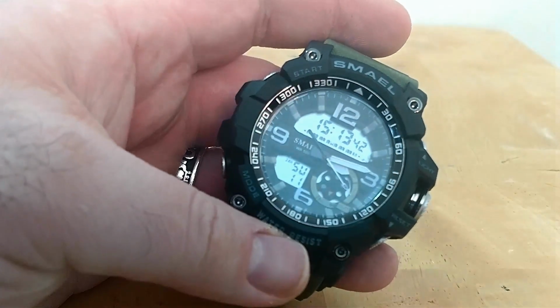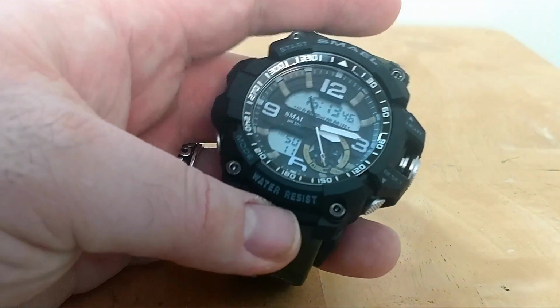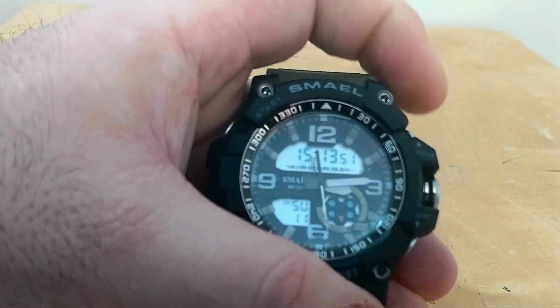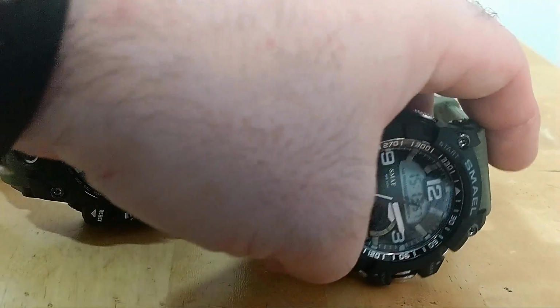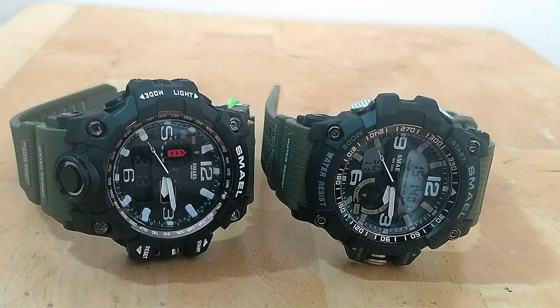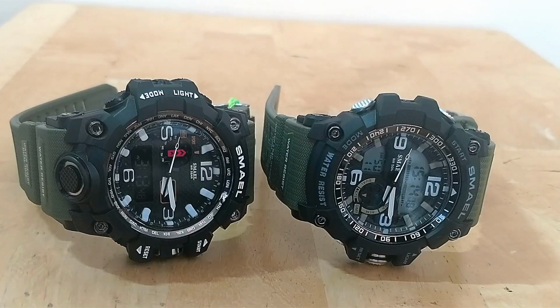That's it. It doesn't have any of the advanced features that the actual G-Shocks have. It says water resistance. Yeah, I'm not crazy enough to try it. The light literally just lights up the numbers. Nothing great. You have a bunch of weird dials that do nothing. So essentially, this copies a G-Shock in look only, not in function, because the G-Shocks have tons of great features to them. These are literally just a really, really inexpensive quartz watch made to look like the G-Shock,